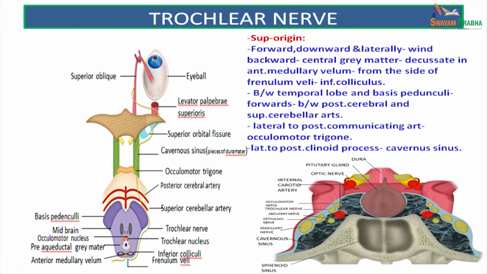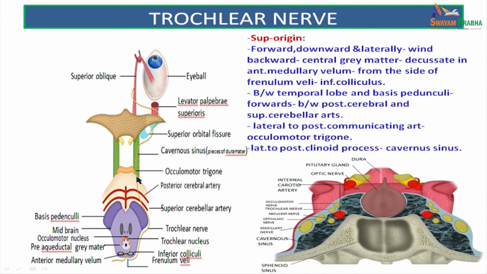From the side of the frenulum veli at the inferior colliculus level, it winds round the midbrain, the basis pedunculi or the crus cerebri, and then passes between the posterior cerebral artery and superior cerebellar artery